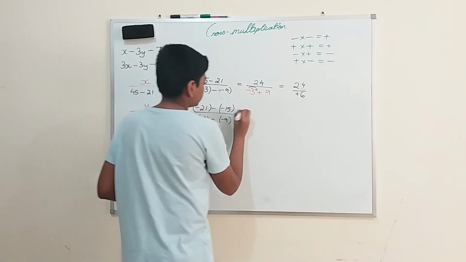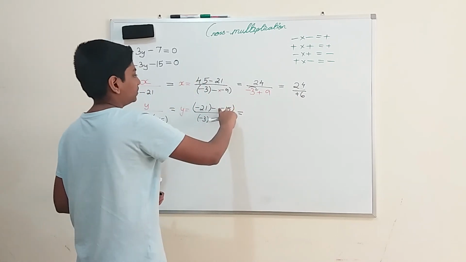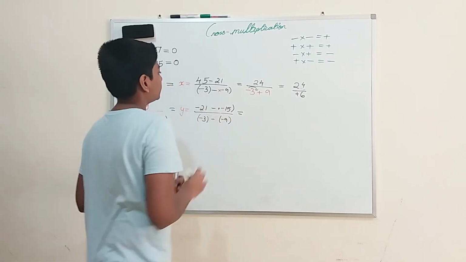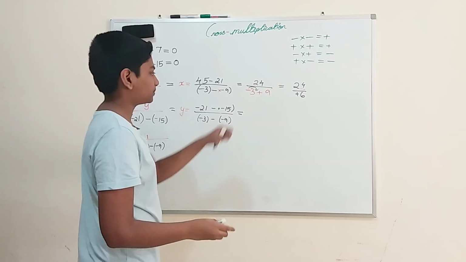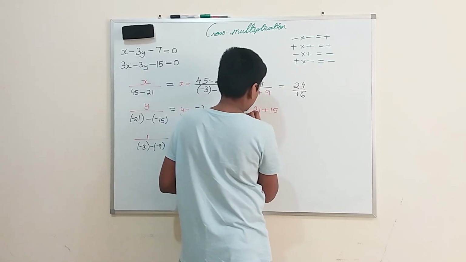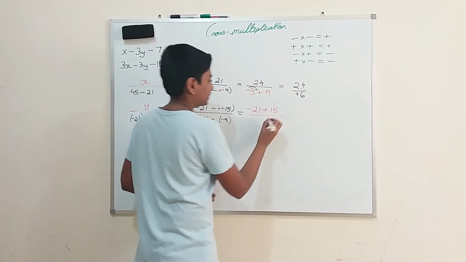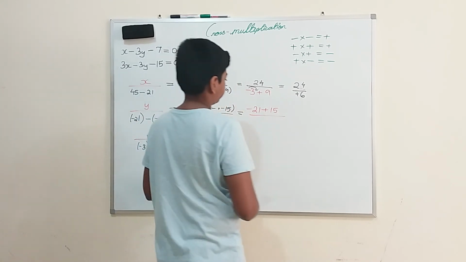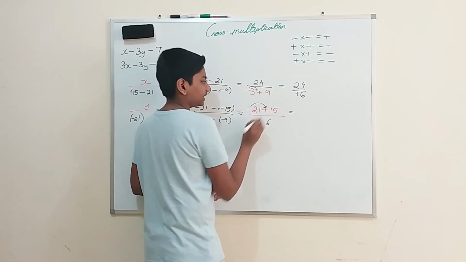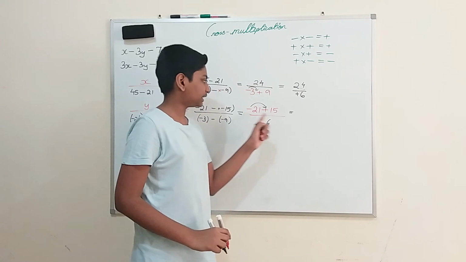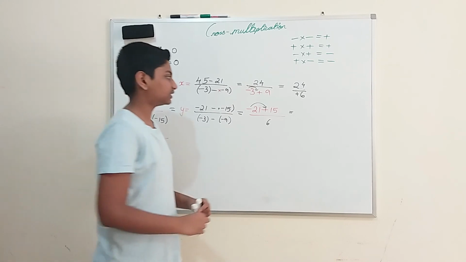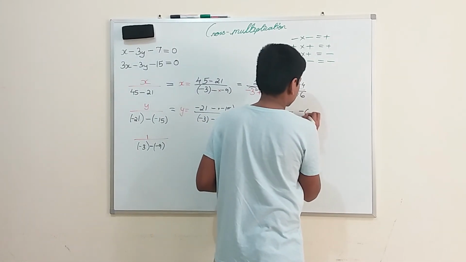So this will also be equal to. So I should open this bracket over here. So when I open this bracket, these both come in contact. So what happens over here? They both get multiplied. So minus into minus will become plus. So minus 21 plus 15 by minus 3 plus 9 is nothing but plus 6 by 6, which will be equal to minus. Okay, so I should multiply these both and I should subtract these both. So 21 minus 15, I will get it as 6. Okay, 6.